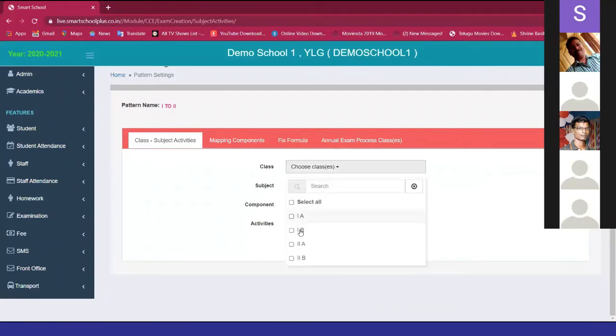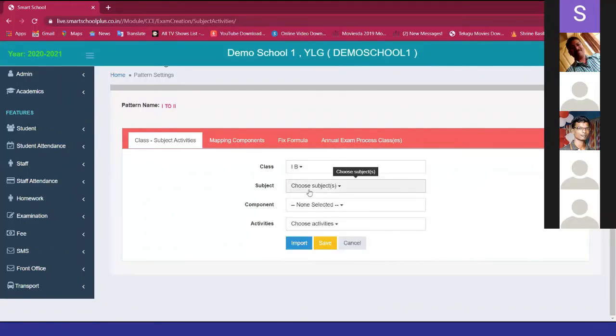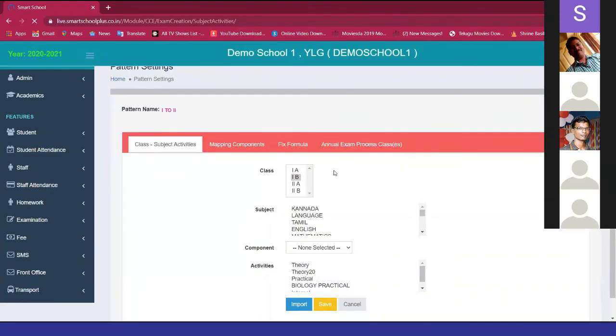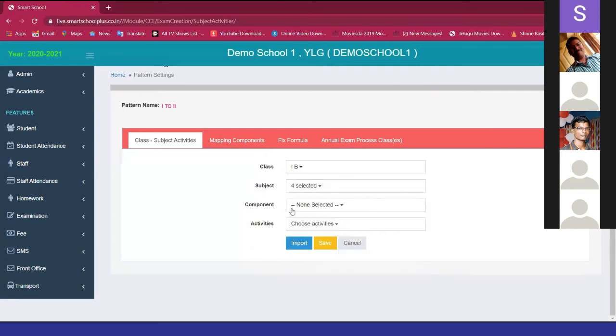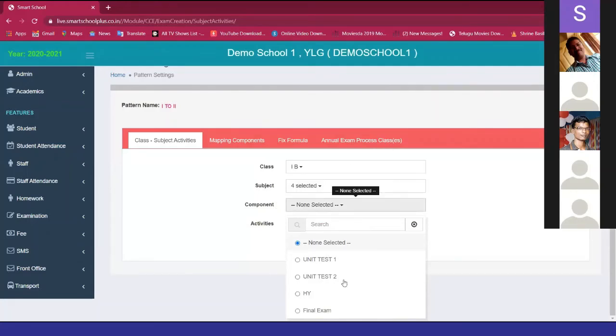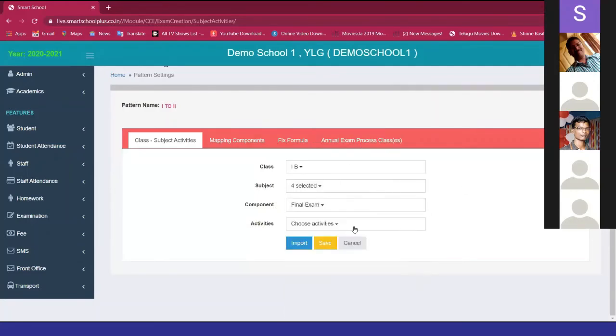I just select the class and subjects. Select the subject you want, and select the component. Component is nothing but examination. So I'm selecting final exam. For activities, I'm selecting theory. Then I save the record.